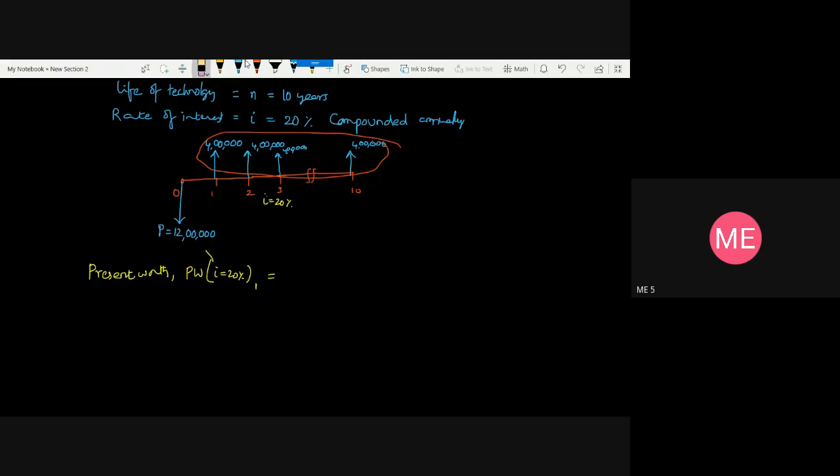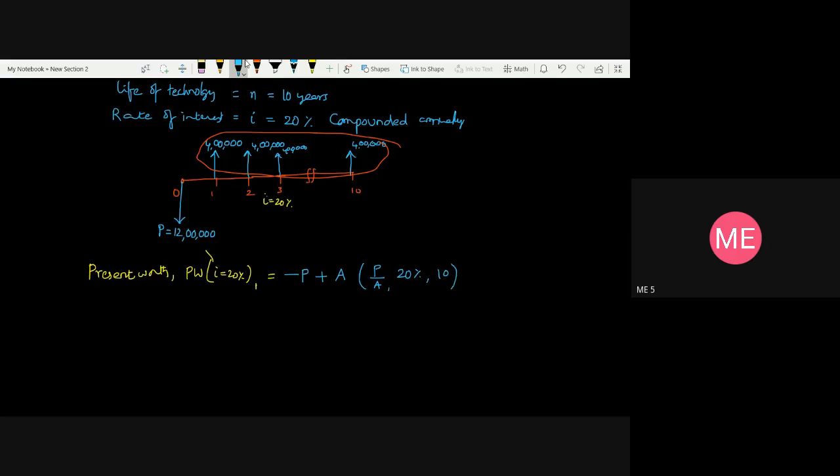Here we are going to show the negative for the expenditure in the case of a revenue dominated cash flow diagram. Then the annuity is there. So annuity into, what you are finding is the present worth for the given A, and for i equal to 20%, and for how many years? It is for 10 years.